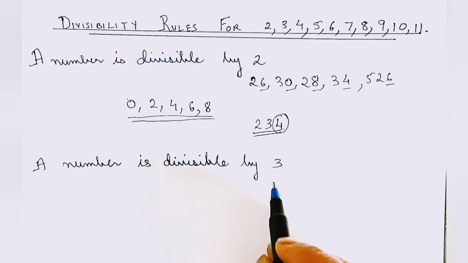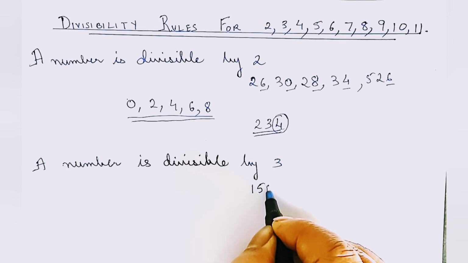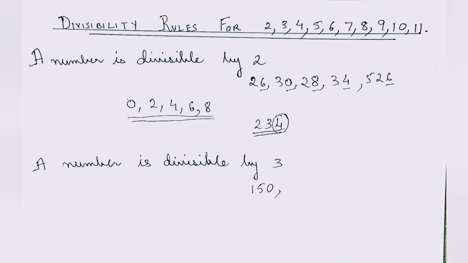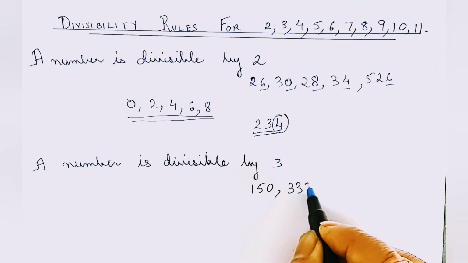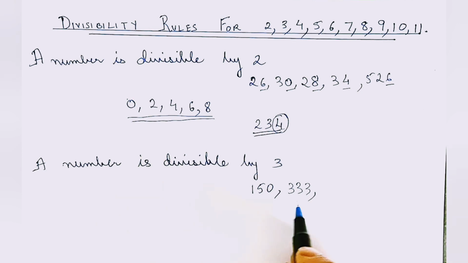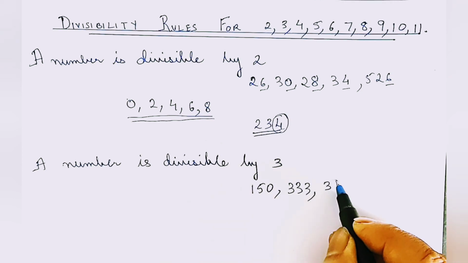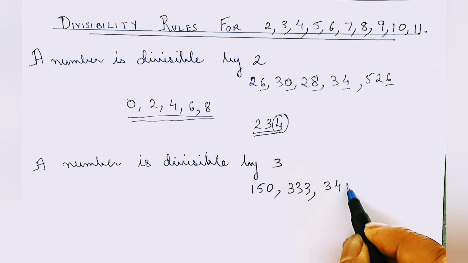Now a number is divisible by 3. How will you know that a number is divisible by 3? Okay, now for this one, let's take a number, say 150, and you will tell me one more number. Now say 333. It is very easily understood that this one is divisible by 3. Then let's take a number, say 3, 4, 1, 5,